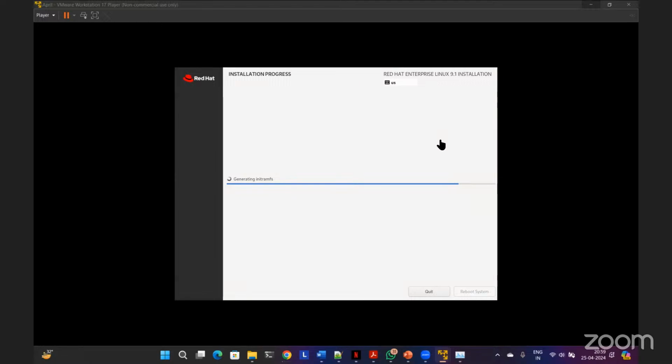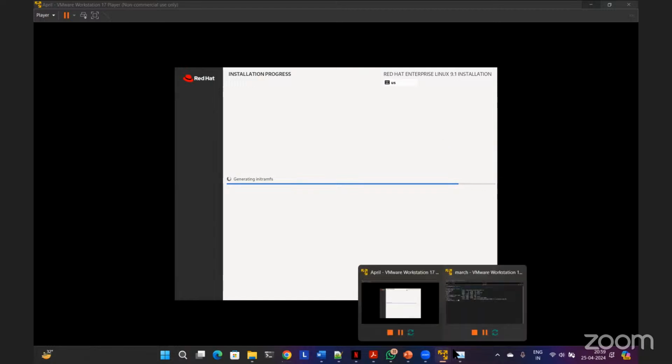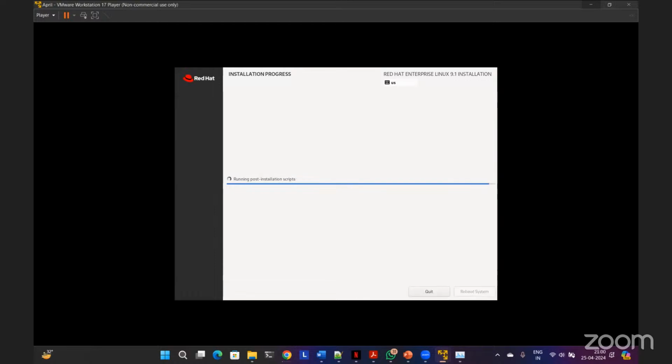Is there a way to take a snapshot of a freshly installed VM, just in case later on you do a lot of practice, you get a lot of stuff in there, and you want to go back to a fresh installation? Yes, absolutely. That option is available with VMware Workstation Pro. Unfortunately, with VMware Workstation Player, which is free, there is no such option.